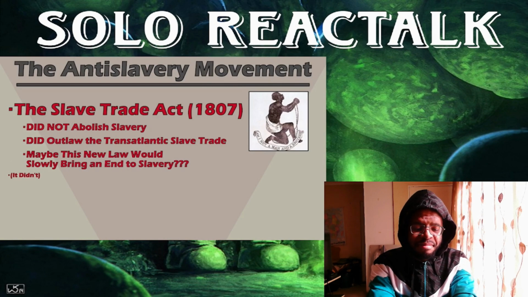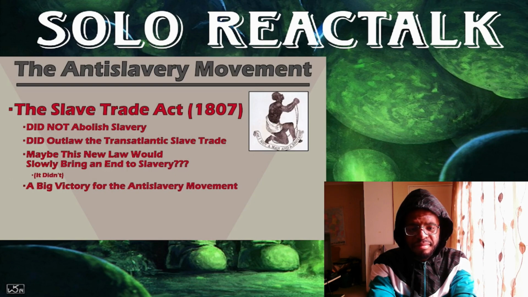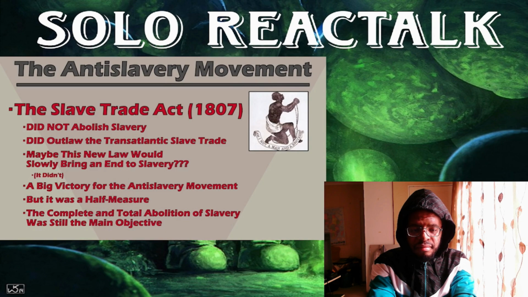They were wrong, but it was nevertheless a big deal that Britain finally acknowledged that their goal was to eventually abolish slavery. The abolitionists were, correctly, not satisfied by this half measure. They demanded nothing less than the complete and total abolition of slavery, and as the years went on, their influence